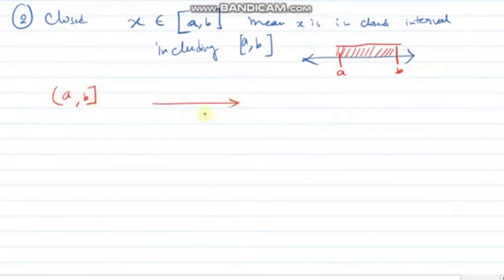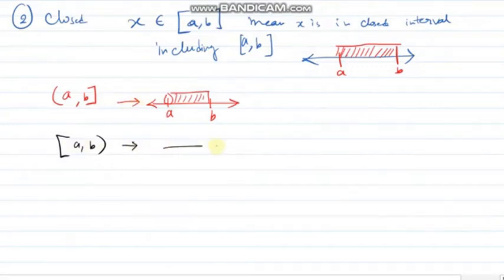Now if we have this type of thing, don't think that this is wrong. This representation will be x can take b, but x cannot include a. So it will be represented by this. If I have to represent this portion, this representation will be this one. It can include a but not b.